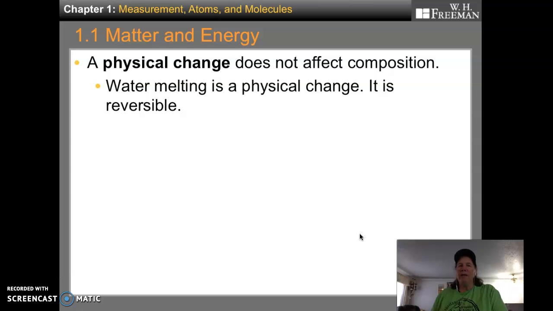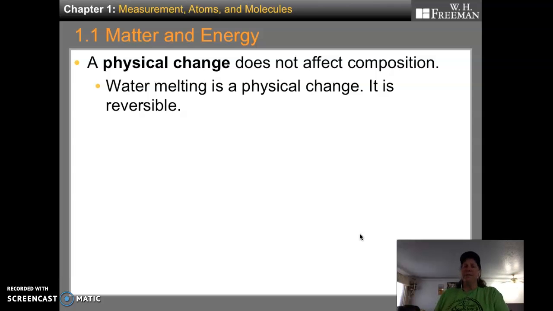One of the most common physical changes is a phase change. So if you take ice, which is solid water, and you melt it, now you have liquid water. It's still water. So that's a physical change. A lot of times they're reversible. Not always. If I take a piece of paper and I tear it in half, I change the shape of that paper, but it's still paper. So tearing a piece of paper or chopping wood or things like that.